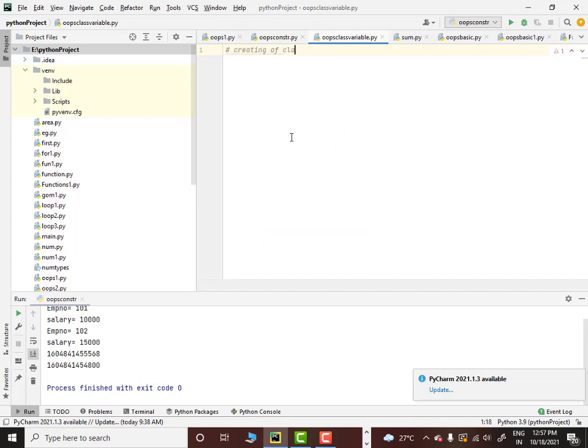Creating class variables in Python. So we'll take the same class called employee. Now I'll have the init method.